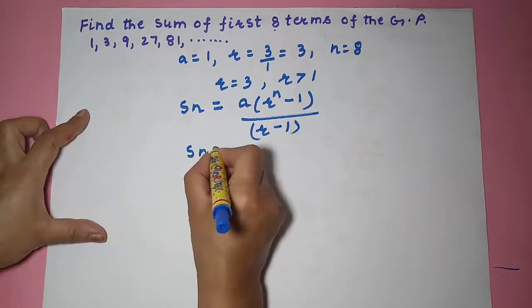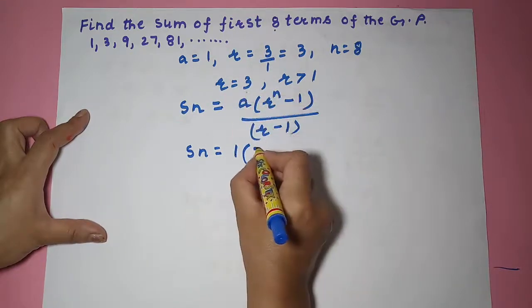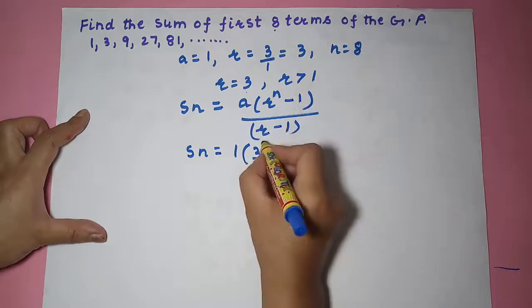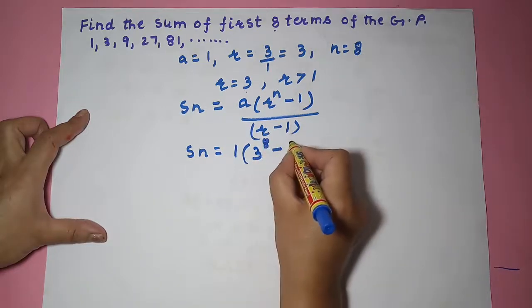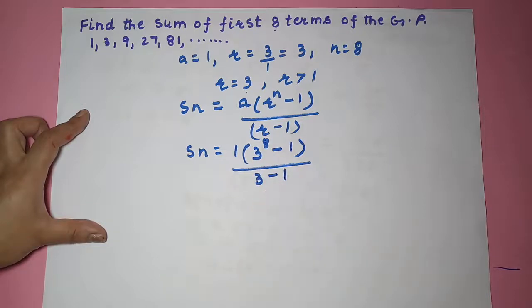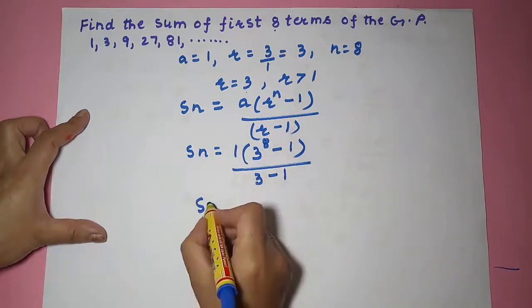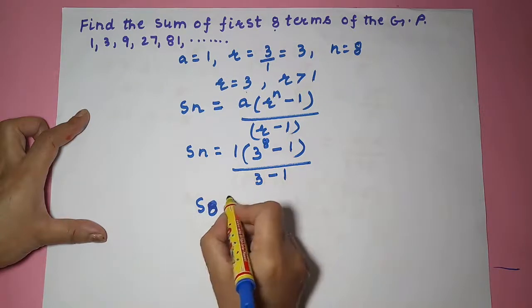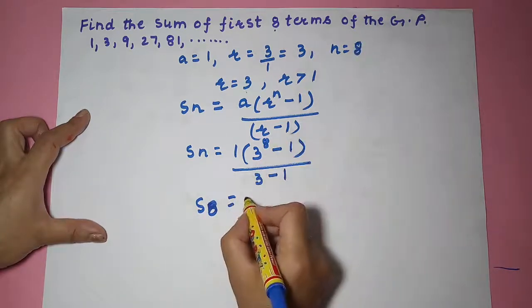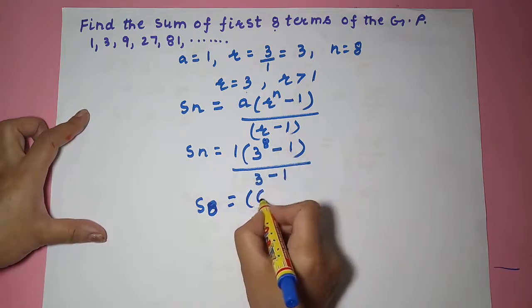Sn is equal to A is 1, R is 3, n is 8, minus 1 upon 3 minus 1. So Sn is equal to, now n I will replace by 8 because I am going to find the sum of 8 terms. 3 raised to 8 is 6561